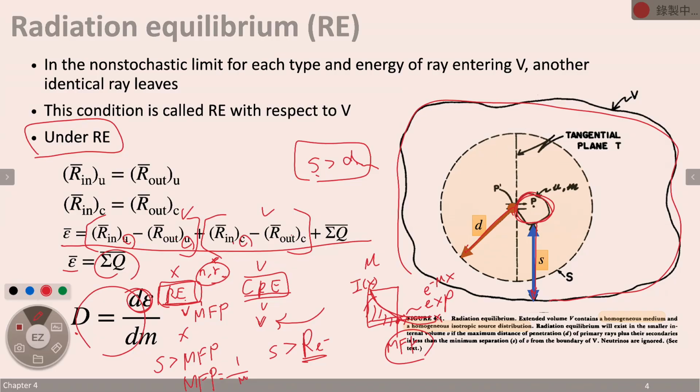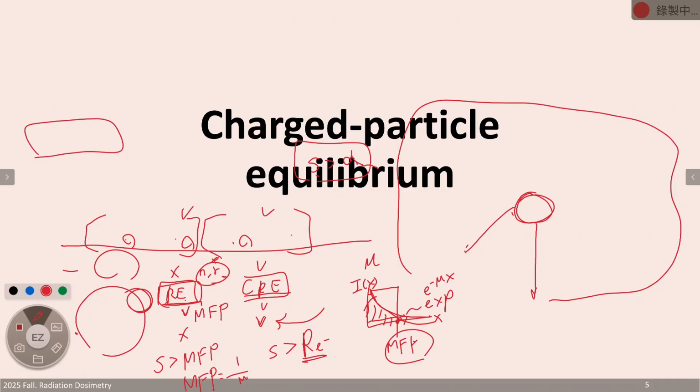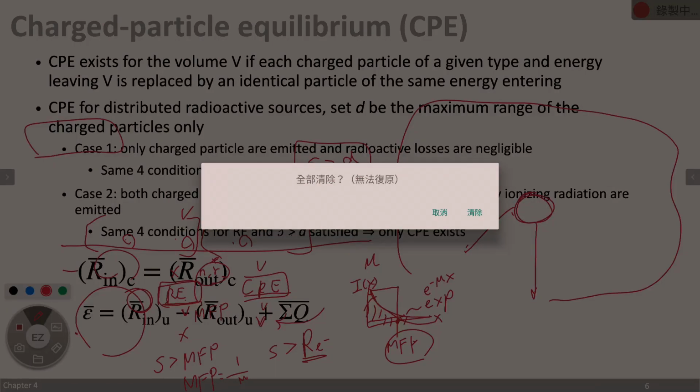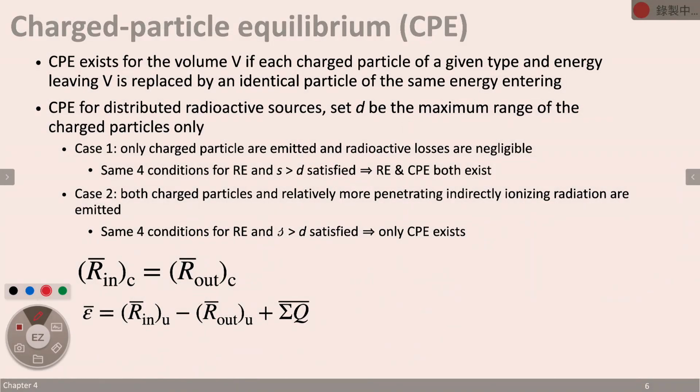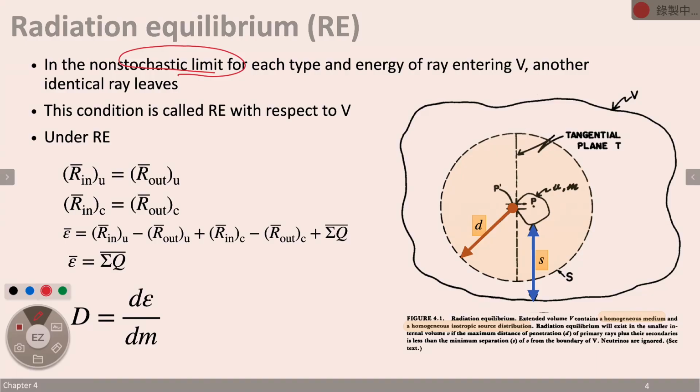All right, so we move to charged particle equilibrium. When we talk about charged particle equilibrium for the volume V, the interesting part is the V over here. So this is the volume, and S means the source. Here is the source. It will emit